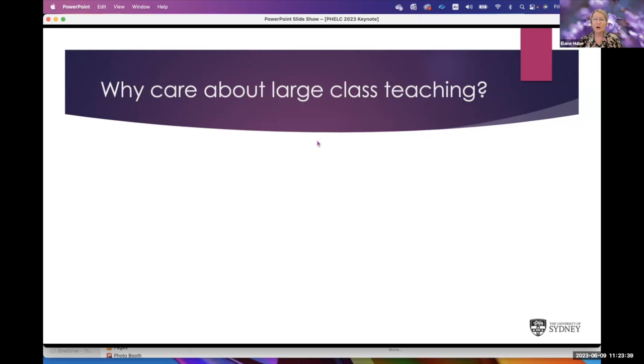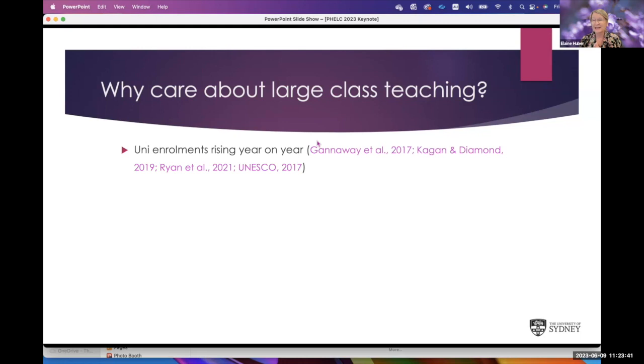We all know what has been happening for quite a few years now, decades. Our university enrollments are rising rapidly, and whilst this brings widening participation, it also brings a large diversity of the student cohort.